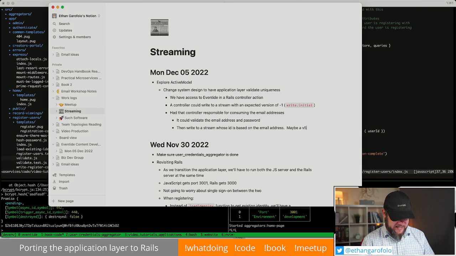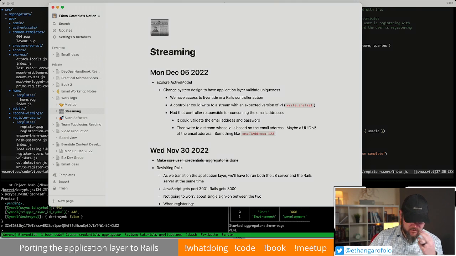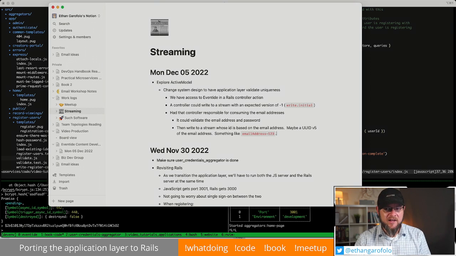Maybe a v5 of the email address, but I not use the shorthand. So it would be something like, I don't know, email address, and then 123. No, come on, son. 123 is my stand-in for a UUID. Okay, cool. So email address this with this password has been consumed, and then potentially, so the other step of